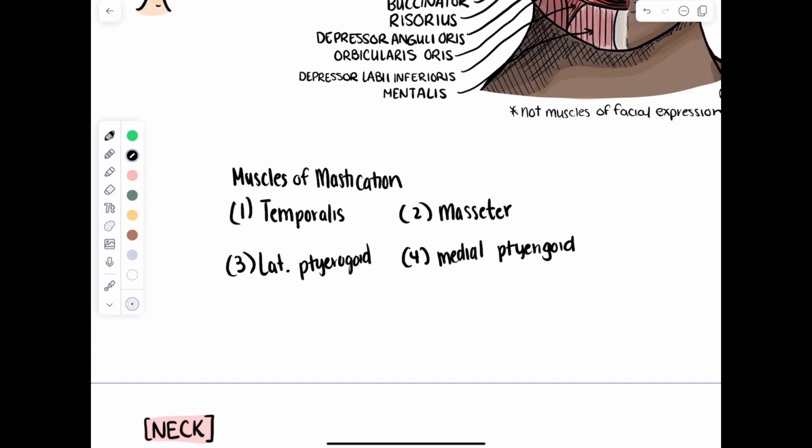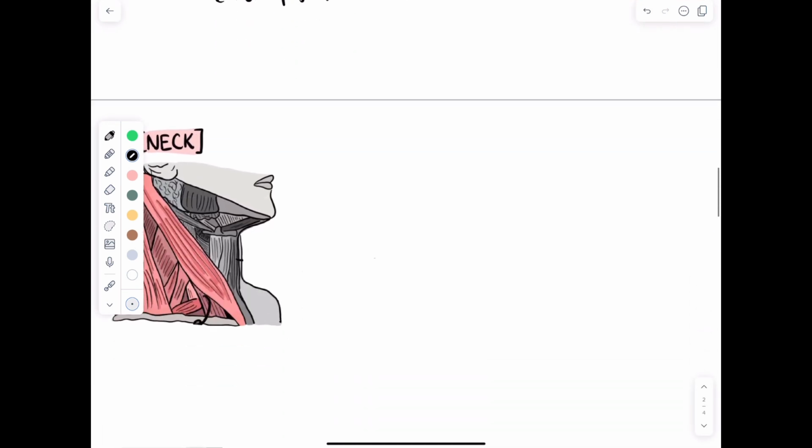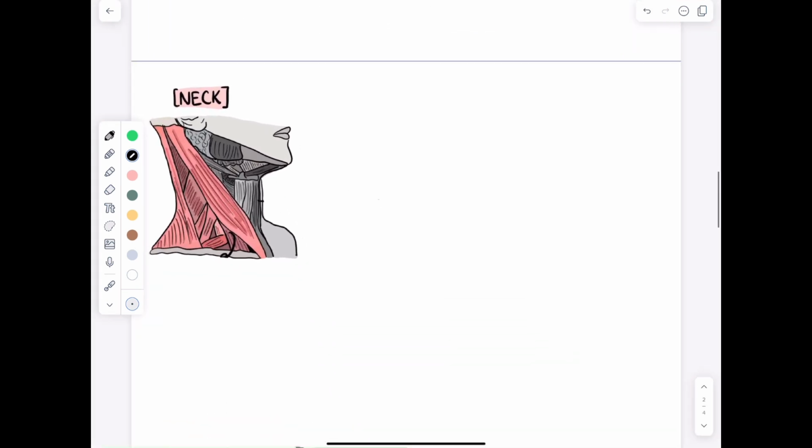So those are our 4 muscles of mastication. We'll get more into this in lab. Now let's look at the neck region. There are a whole bunch of muscles related to the larynx, pharynx, neck, anterior, posterior, a bunch of them. Again, lab will get more in depth. But some of the things I want to mention right here is that we have our